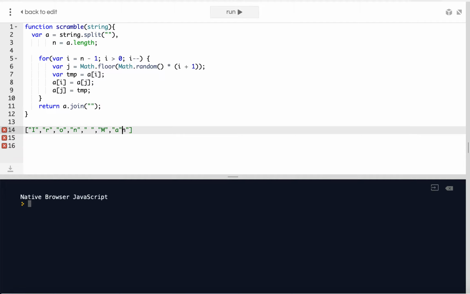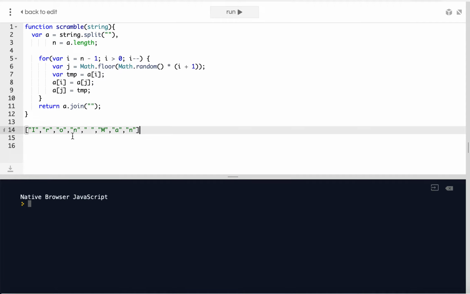So there we go. We now have an array that contains every letter in the string Iron Man. So now what we're doing, we've assigned variable n to the length of that array,